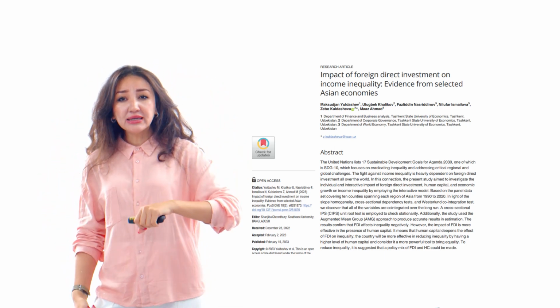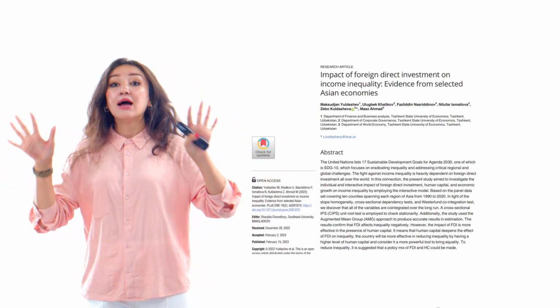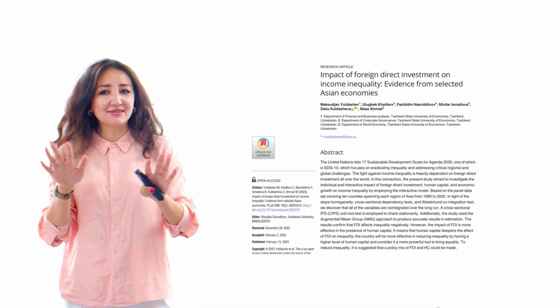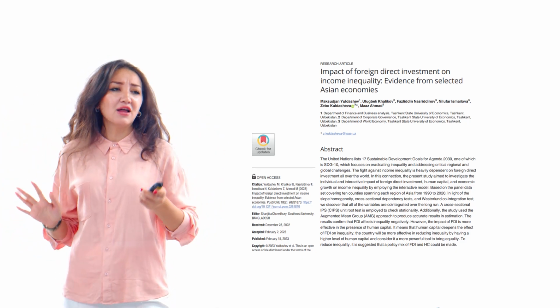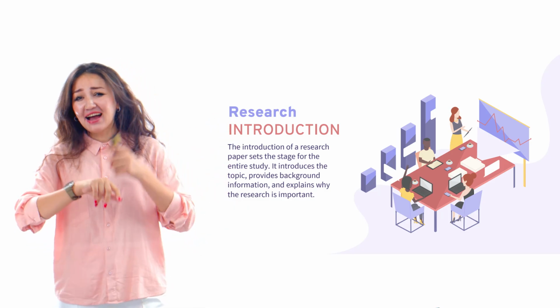That means download it, read the introduction, methodology, results, and so on. But once you read the abstract and it's not relevant to you, please just skip it and go to the next paper. Google Scholar is full of a lot of high quality journals. Okay, the main part of our research, the time is running out, but